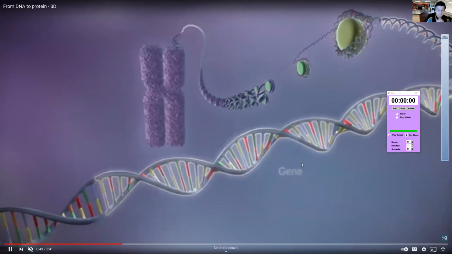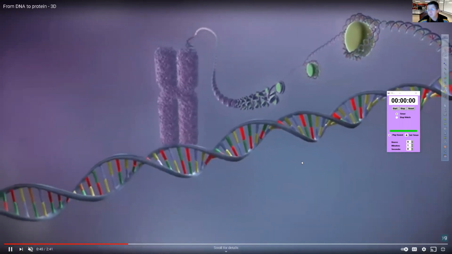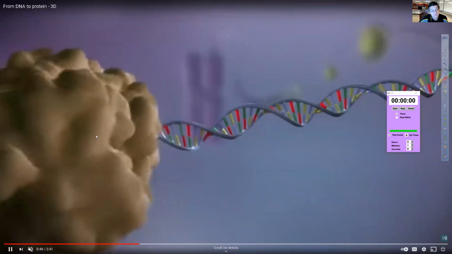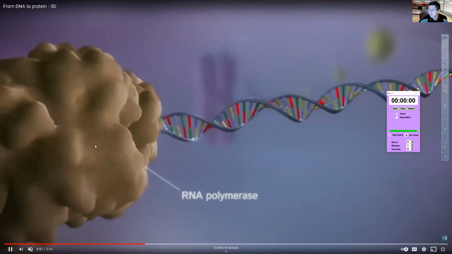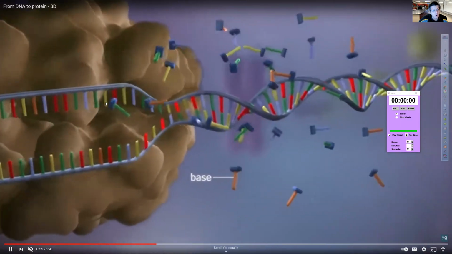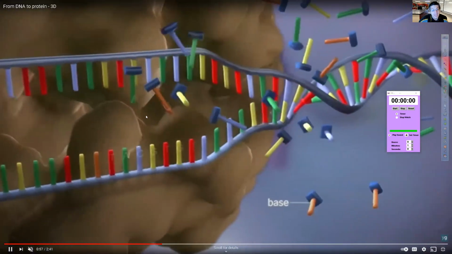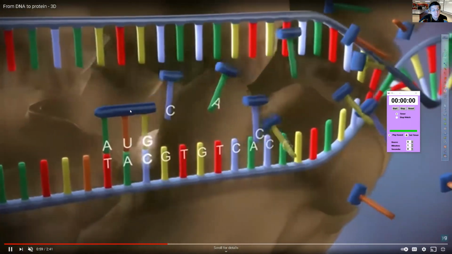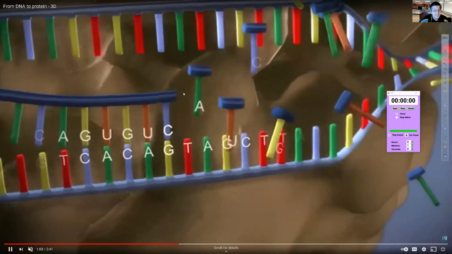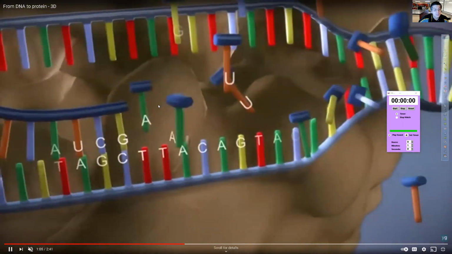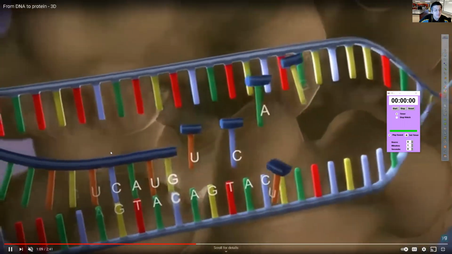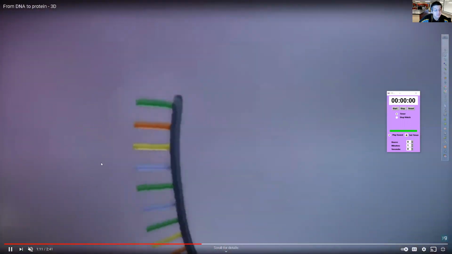And so what ends up happening, and we'll talk about this more tomorrow, right? There's an enzyme called RNA polymerase that's going to make that mRNA. So what he does is he opens up the DNA molecule and he starts building this thing right here at the top that I got my cursor on. That's the mRNA. So it's copying DNA by making an mRNA.